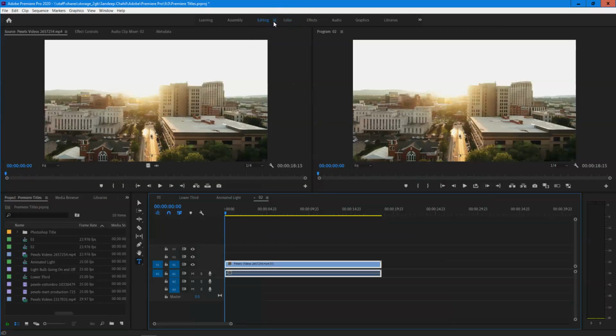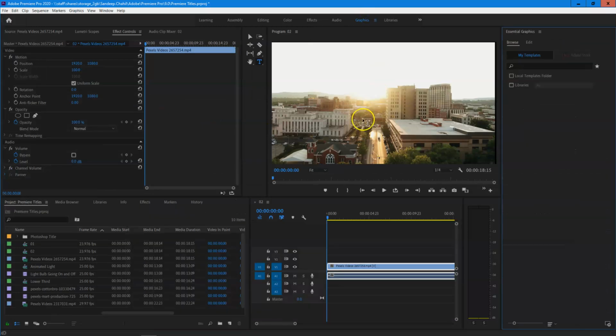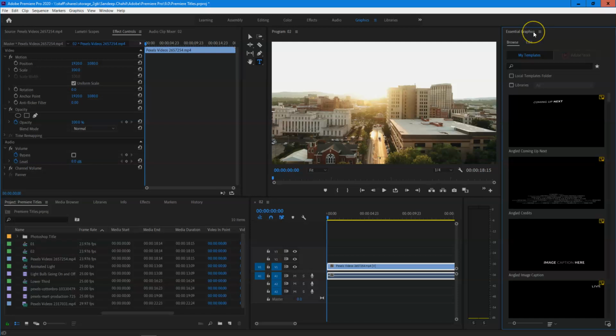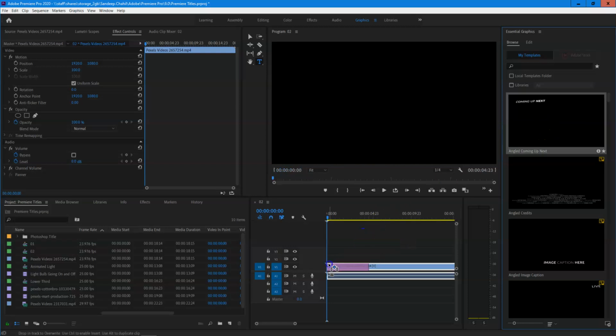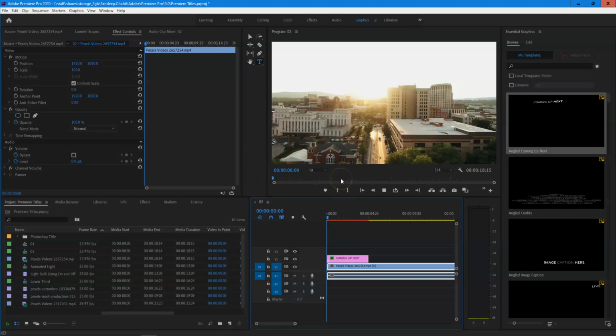We're usually in the editing workspace. If we go to graphics, it will shift again, and it will take you to this graphics panel, which has a whole range of pre-animated graphics that you can pretty much just drag and drop onto your video clip. You can't really see them there, so if we just drag and drop one into there and play that,